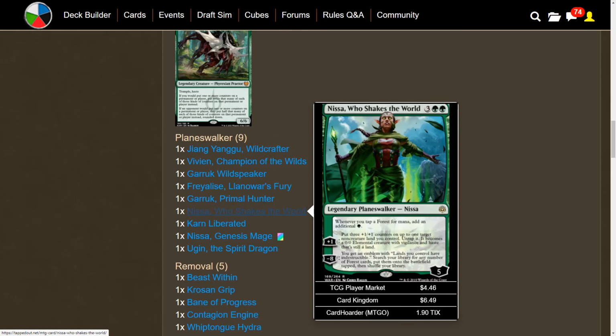And then we have Nissa, who shakes the world, so effectively a mana doubler. I mean, this Planeswalker is ridiculous. The +1 can get you a bunch of +1/+1 counters on your lands, make them creatures, so you can attack with them. You get an emblem with lands you control of indestructible. Search your library for any number of forest cards, put them onto the battlefield tapped,